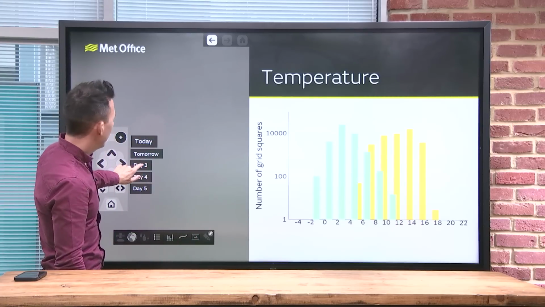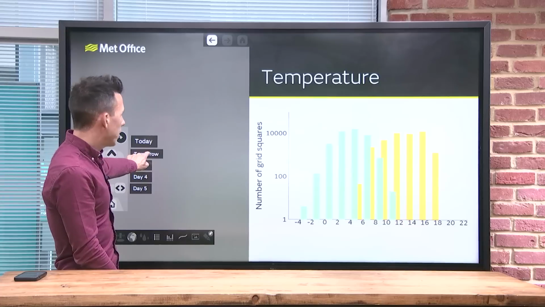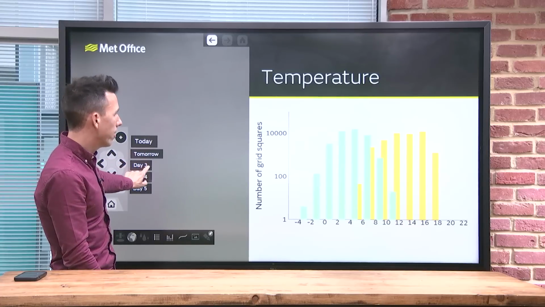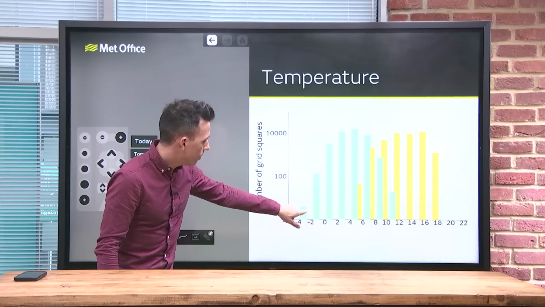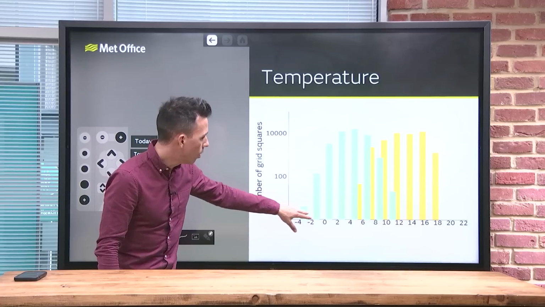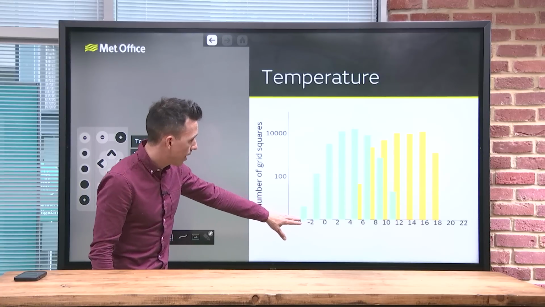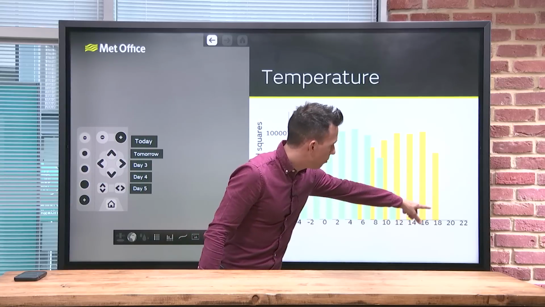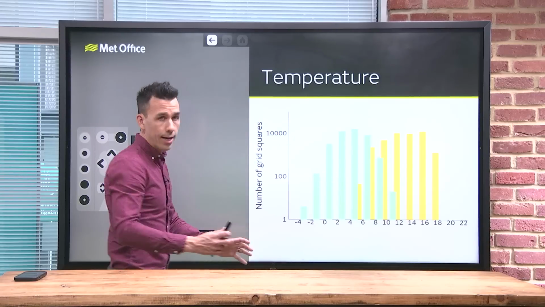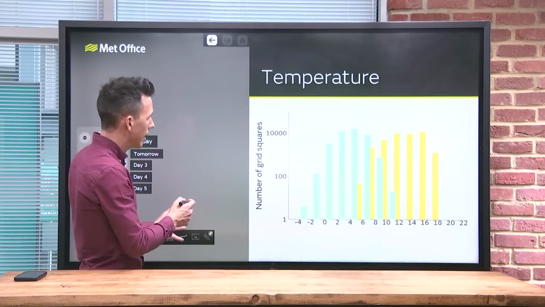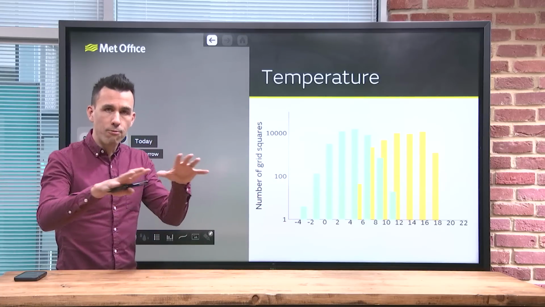That's Wednesday. We skip forward to Thursday, and you can see there's a bit of a change there. So this is Wednesday, this is Thursday. There are a few more Thursday morning with these lower numbers. So a few more parts, land areas, a few more grid squares that are below freezing. But equally, there are a few more in the afternoon that are warm. So a warmer afternoon, slightly colder start to the day potentially, but there's a greater spread, so greater variability across